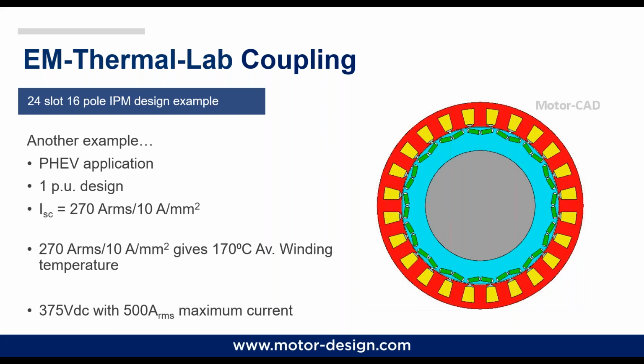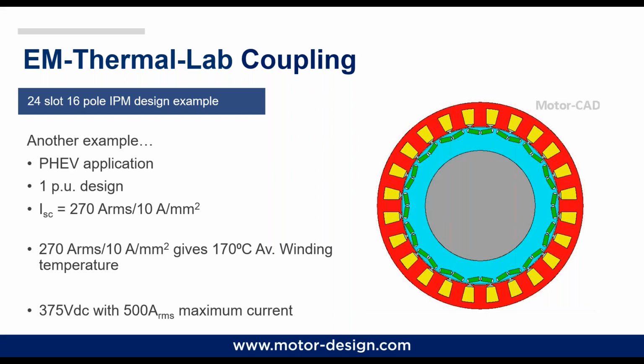So here the short circuit current is 270 amps, and the current density is again 10 amps per millimeter square. Considering again the same cooling system, so with a housing cooling jacket, the average winding temperature achieved here is 160